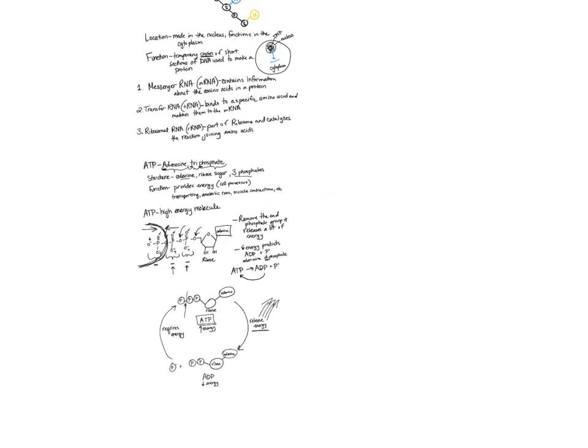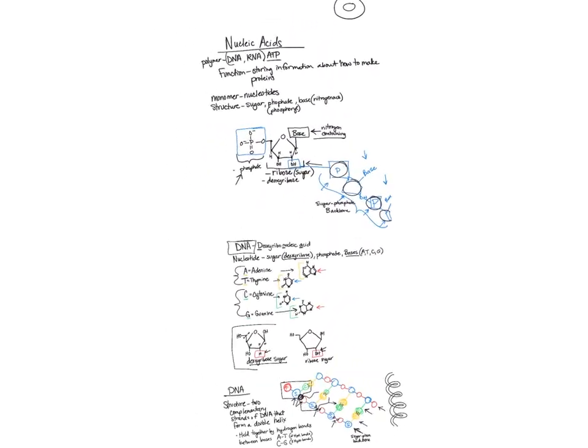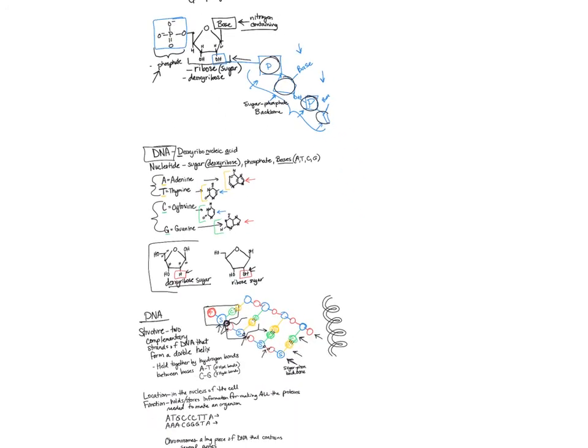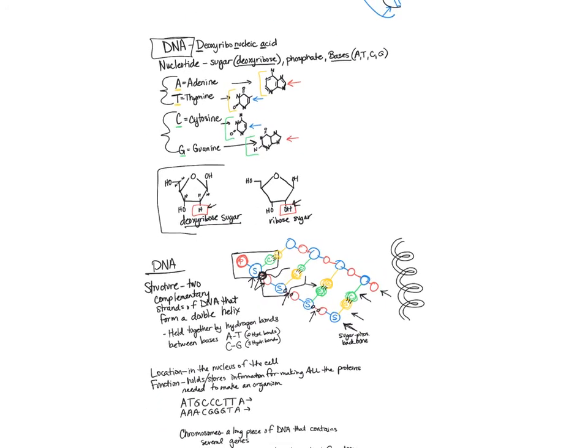All right, so this is our third and our final piece to our nucleic acids. Just to summarize our nucleic acids, our monomer is the nucleotide, our polymers are DNA and RNA, and we have ATP, which is slightly different. Our DNA is deoxyribonucleic acid, which has the deoxyribose sugar, the phosphate, and the bases. Remember the differences between DNA and RNA. DNA is a double-stranded helix. They're held together by hydrogen bonds and the nitrogenous bases. Our sugar for DNA is deoxyribose. Our bases for DNA are adenine, thymine, cytosine, and guanine, so A, T, C, and G, versus RNA, which is